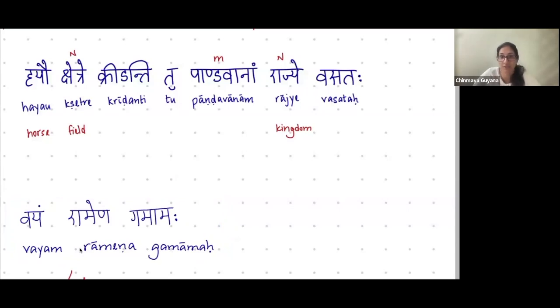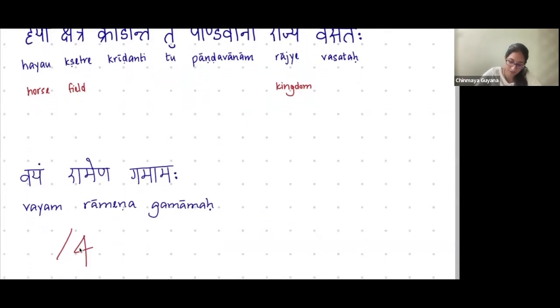You have to ask your simple question, what is the verb? There is a verb here and there is a verb here. There are 2 verbs in this sentence. What is kridanti? Kridanti is third person, plural, and vasataha is,